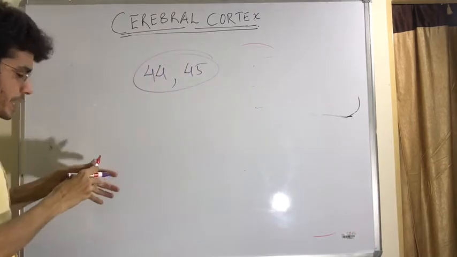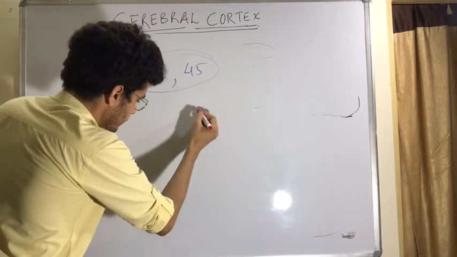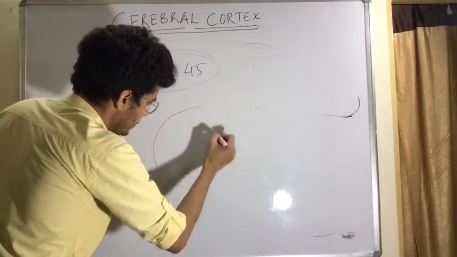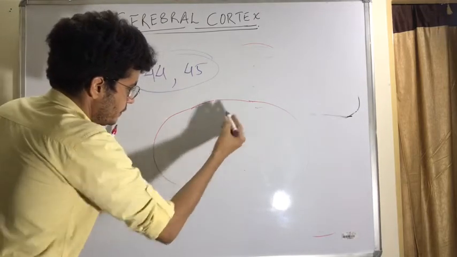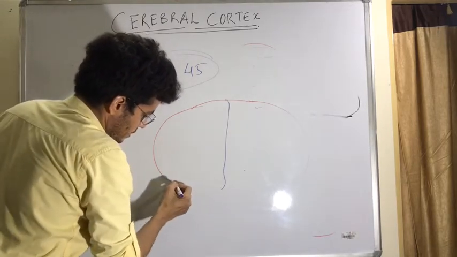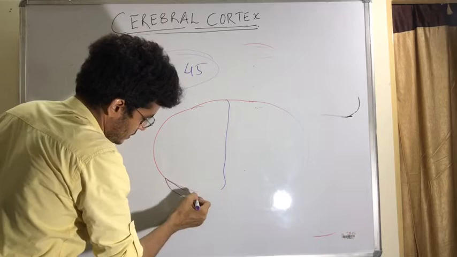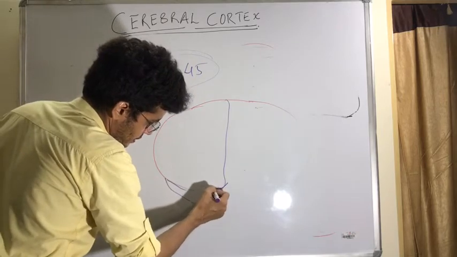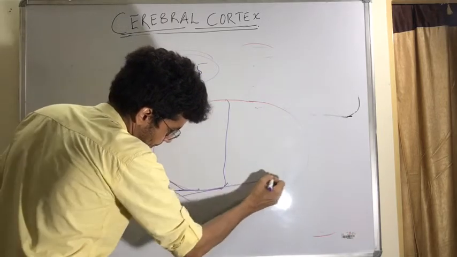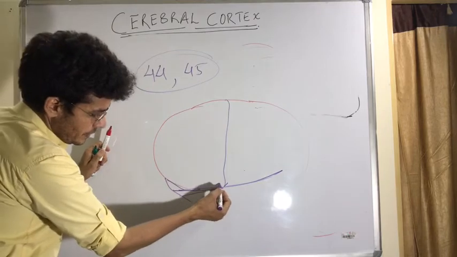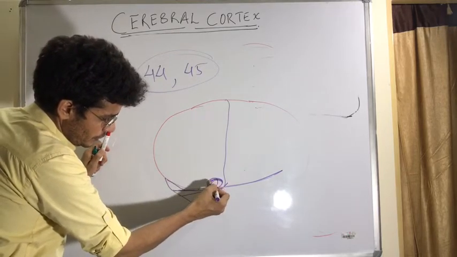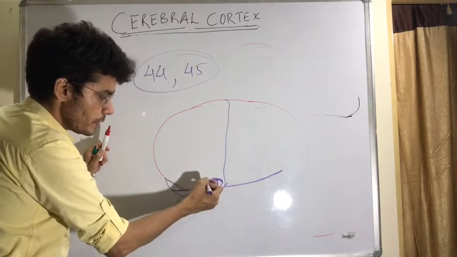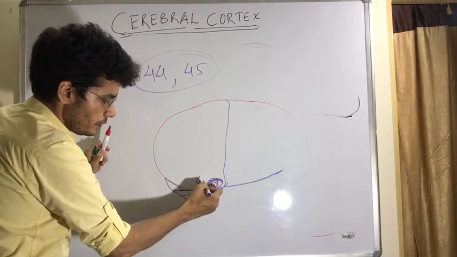If I draw the diagram of this frontal lobe, say, and suppose this is the central sulcus, and then there was this, say, lateral fissure, right? So this much, this area is area number 44 or 45, the lowermost part, area number 44 and 45,